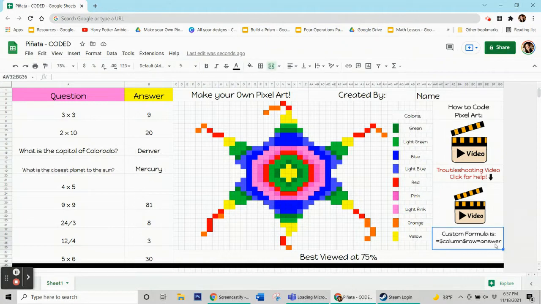This is the code we'll be using down here. I suggest you write it down. It is =$column$row=answer. That first part, the column and row, you're going to be writing down the column and row of the box that you're coding, whether it's this one, or this one. And then the answer part, you're going to tell the computer what answer someone needs to type in order for